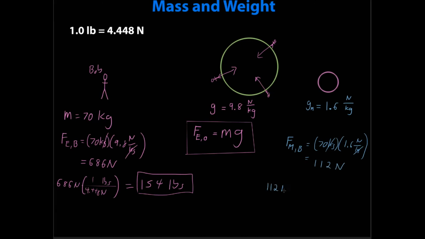So if I convert this from newtons to pounds, newtons cancels, and I would get 25.2 pounds. So a person who weighs 154 pounds on Earth would weigh approximately 25.2 pounds on the moon, but their mass